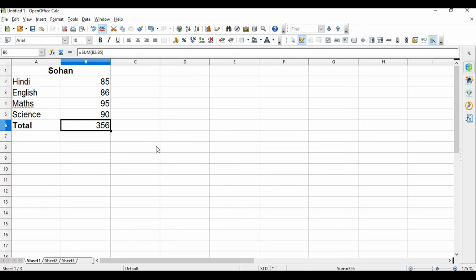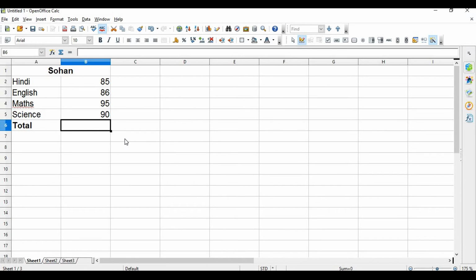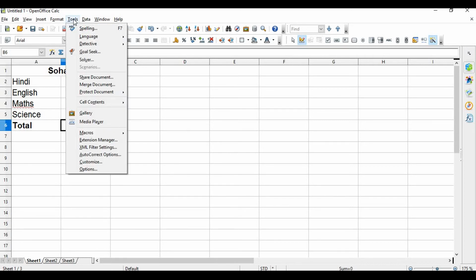But here we want to perform a macro. For that, first we need to go to the Tools menu, then select Macros and select the option Record Macro.